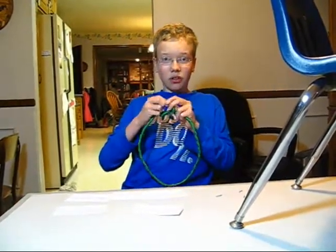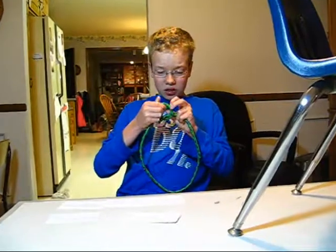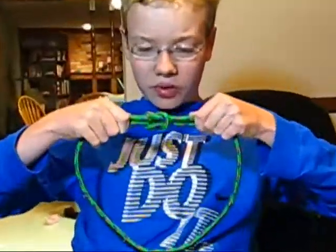This knot, called the square knot, is the knot the Boy Scouts use for first aid, and they also use it. It's actually the first knot in BSA you're supposed to learn. So you never ever ever use it for critical loads. Never ever ever, because the